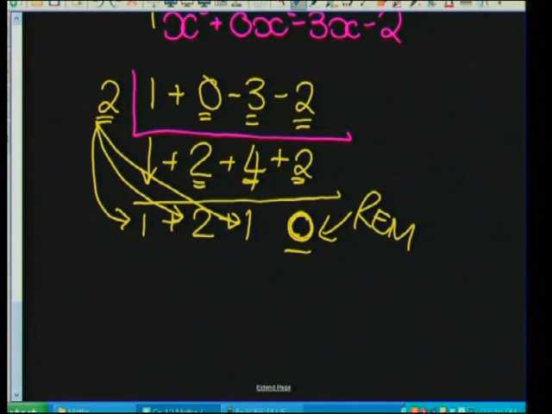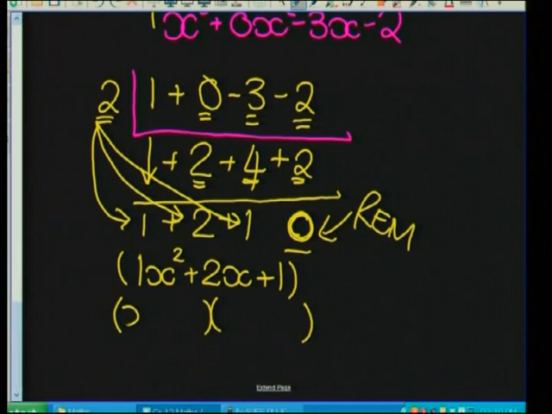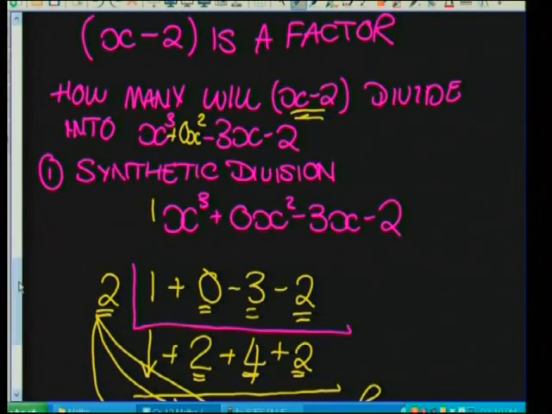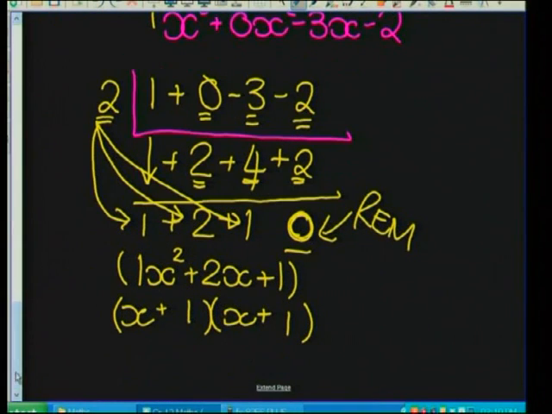Okay, so what we've now got is this term, which is a 1, and we're going to put an x squared behind that. I've got a 2, and we're going to put an x behind that, and I've got a plus 1, which I'm leaving as a constant term. Now, if I took that quadratic and I factorized it, we've got x and we've got x. I've got 1 and 1, and I've got plus and plus. And let's not forget that the other factor that we worked out earlier was x minus 2. That's the other bracket that's going to be part of our cubic equation. So that x plus 1 multiplied by x plus 1 multiplied by x minus 2 is now the cubic equation